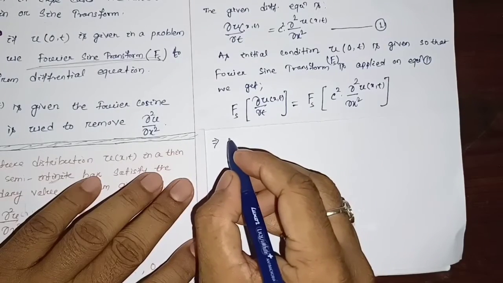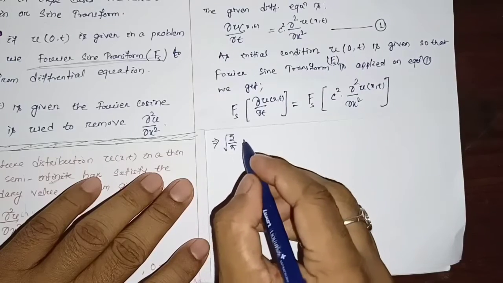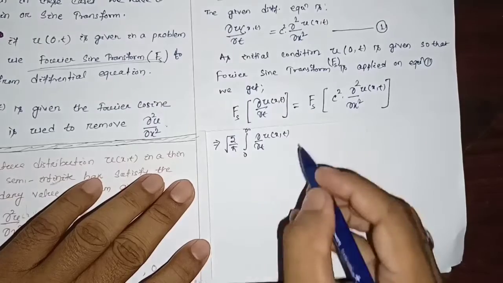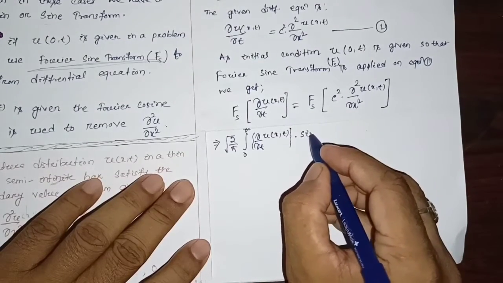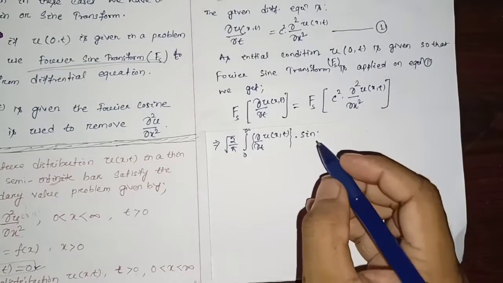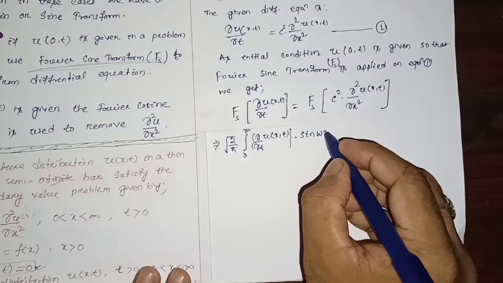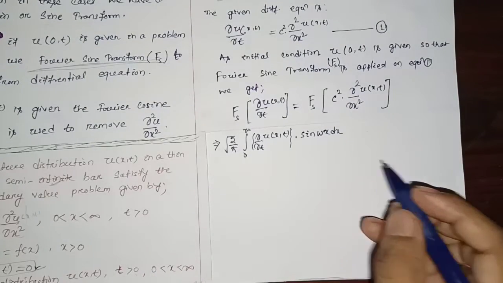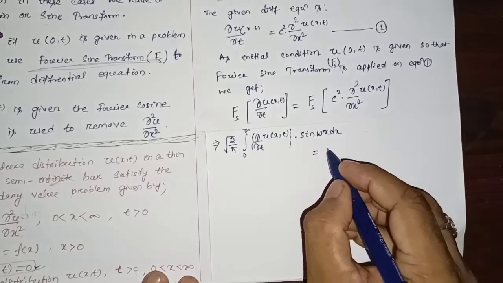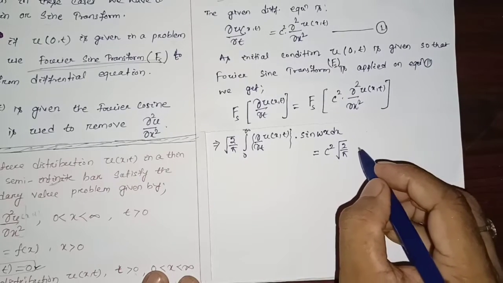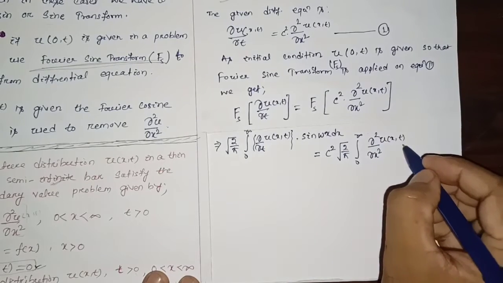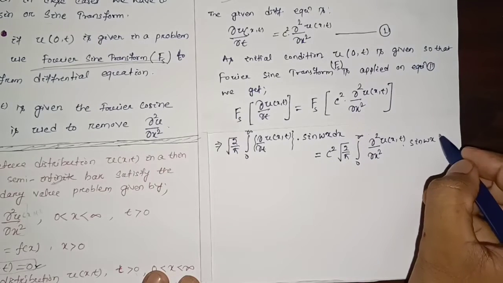That implies 2 by pi root over 0 to infinity, this one, del by del t of u(x,t), function of u(x,t), into sine omega x dx, okay, is equal to c square, the constant taken outside, 2 by pi root over 0 to infinity del square by del x square u, which is the function of x,t, into sine omega x dx. Okay,